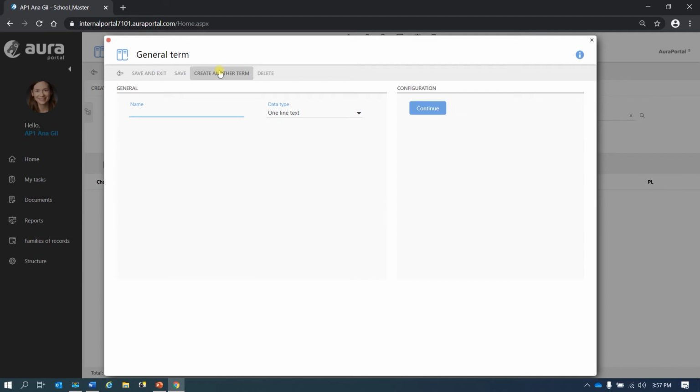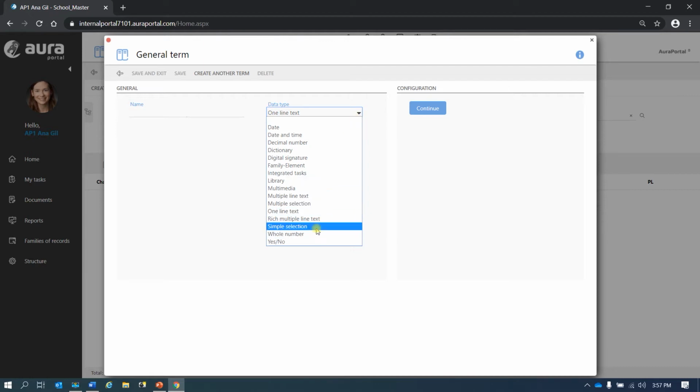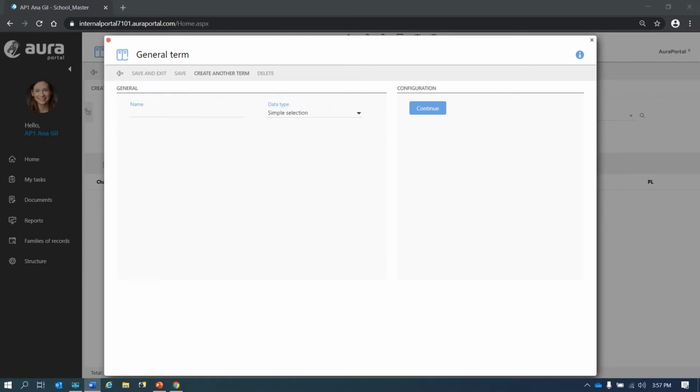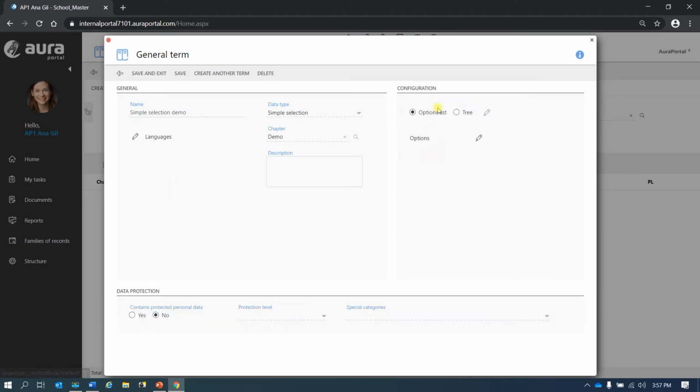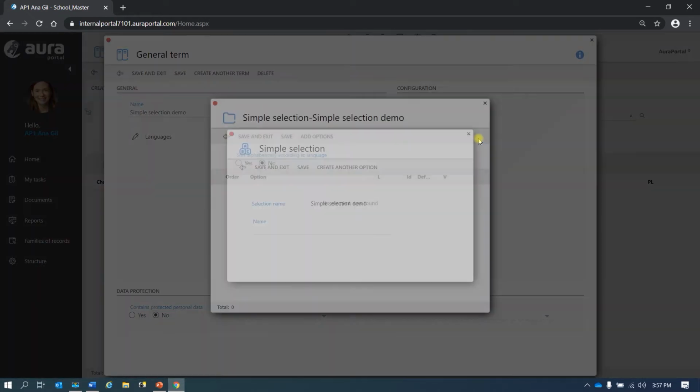So we can do it from here. Let's create a simple selection one this time. Simple selection. Paste. Continue. And here we can see different configuration options. Now we have the options list and 3. I want to choose this one, okay, and if I go to options, then I can create the options I want. So I'm going to put demo 1,